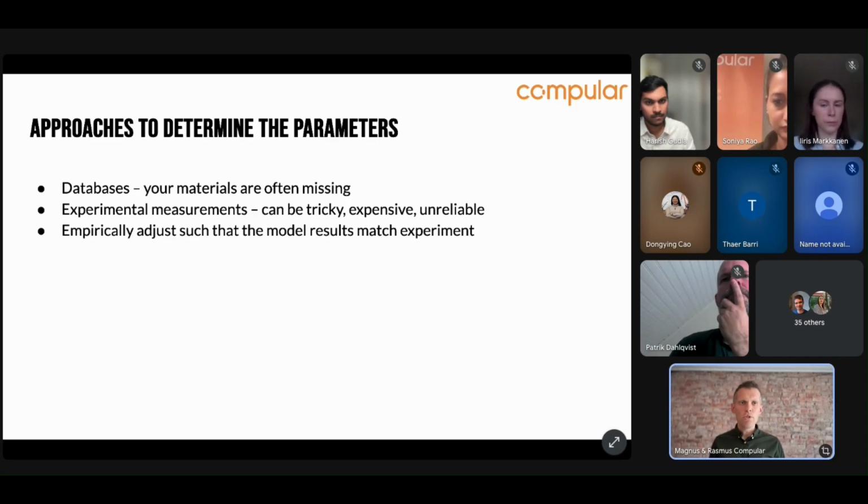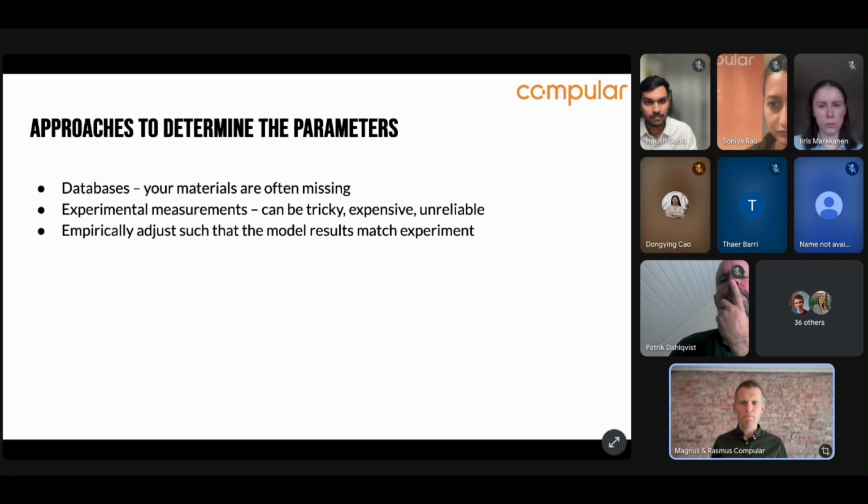And instead you guess the parameters, and then you run a model, you get some results, and then you see that, well, it didn't really match what I see in experiments, so then you tweak the input parameters and you run again, and you sort of iterate that process until you get the result that you expect. So obviously there are some limitations in the predictive power of such an approach, and there's always a risk that you will get the right result for the wrong reason, so to say,